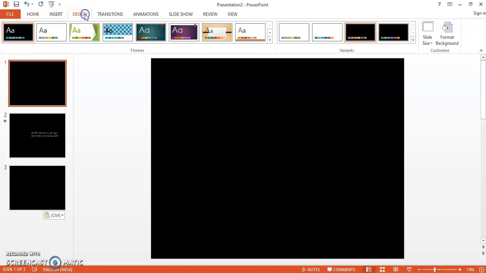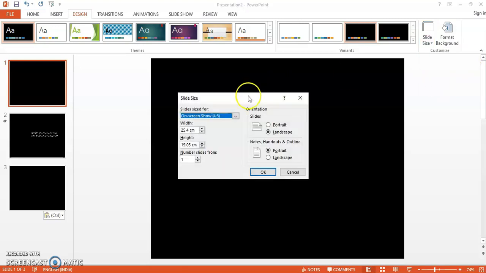Again, I'll show you more features in design, wherein you can set the size of the slide also. The standard is 4:3, but we usually take widescreen, which is 16:9, because it helps in presenting the slide on a projector. The most commonly used format for projector screens is this one. Otherwise, you can set your own size in the custom size option, and herein you can set your own width and height according to your choice.